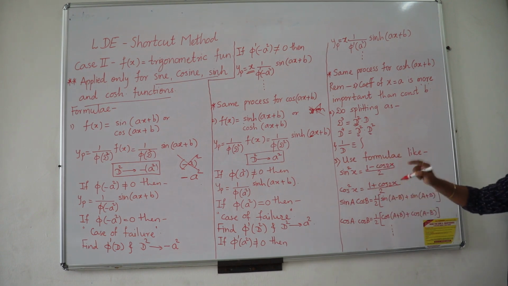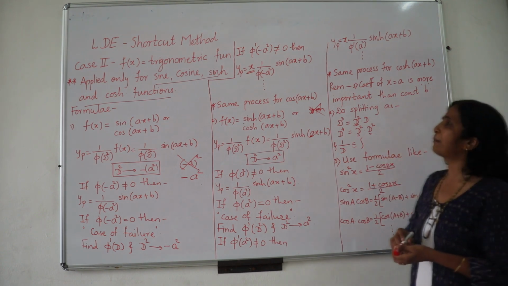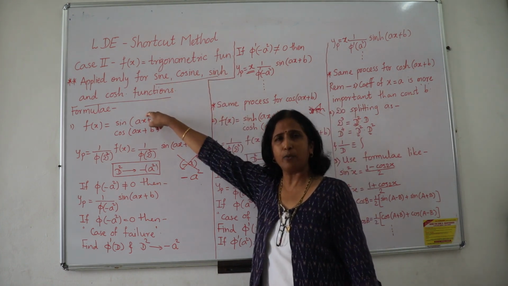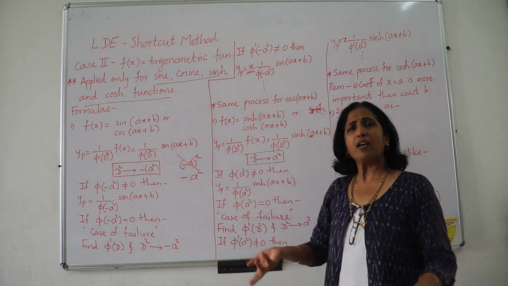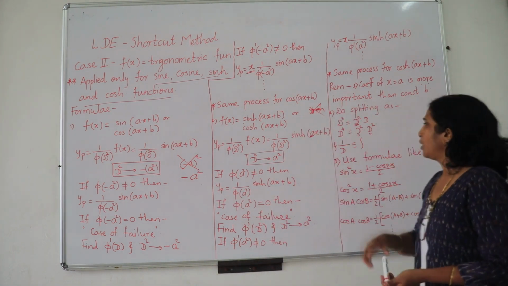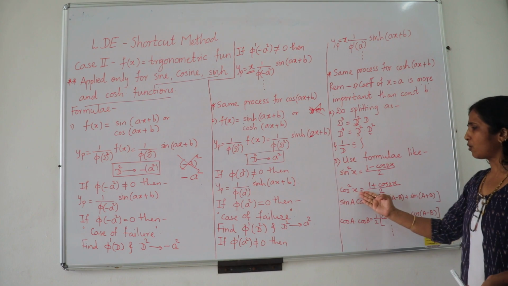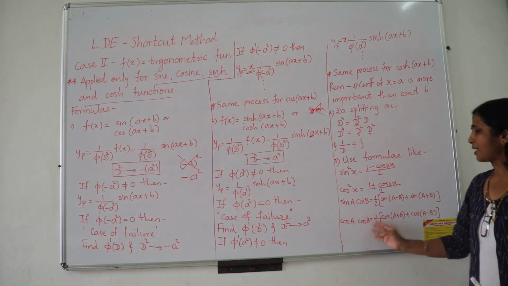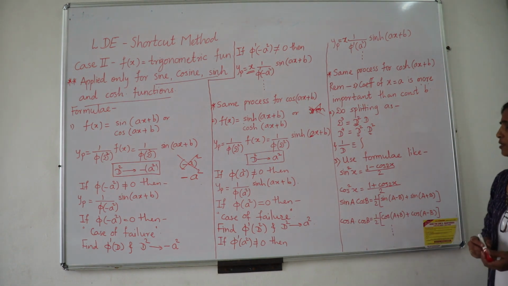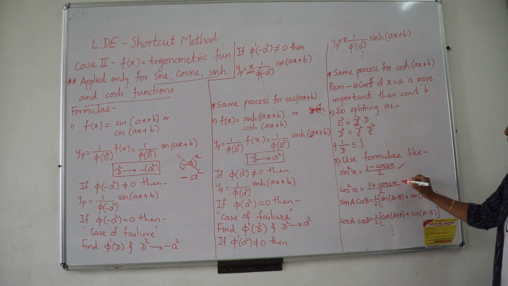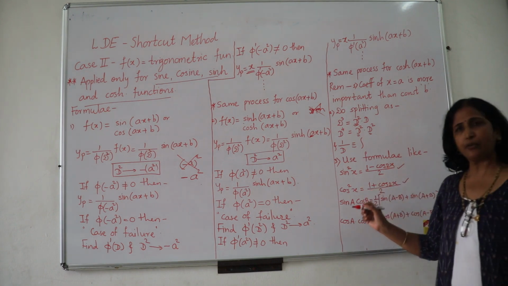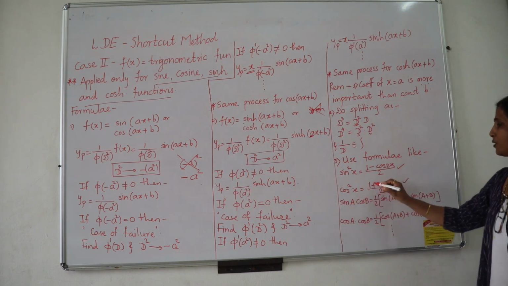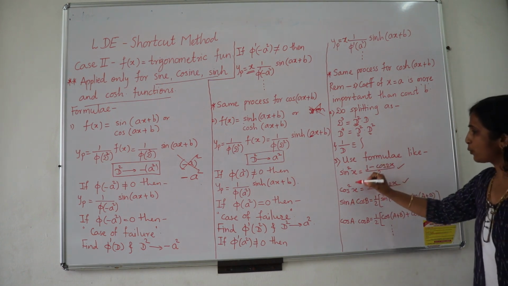Now when we are talking about the trigonometric function, it is applicable for these four functions: sine, cosine, sine hyperbolic and cos hyperbolic. As you know, trigonometric functions may come in some combination. So you may talk about sine square x or cos square, or product functions like sine a into cos b, cos a into sine b, or sine cos, cos sine, sine sine, such combinations. So you have to use the formulae which you have already gone through in 11th and 12th standard. So sine square is equal to 1 minus cos 2x upon 2. Cos square is 1 plus cos 2x upon 2.